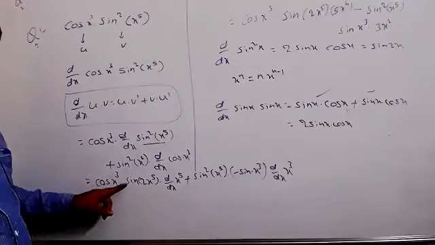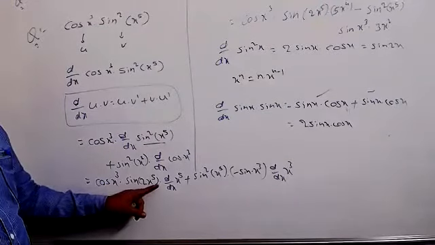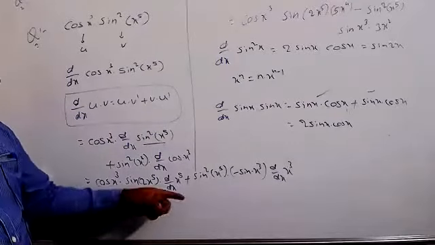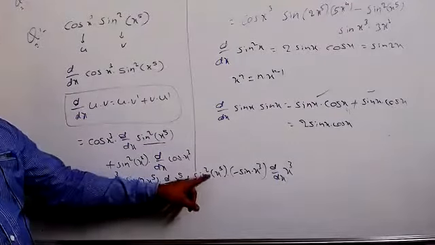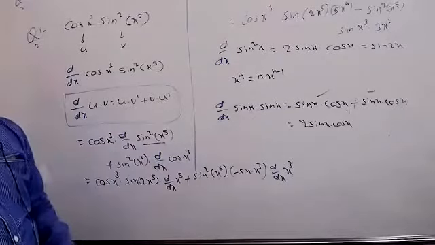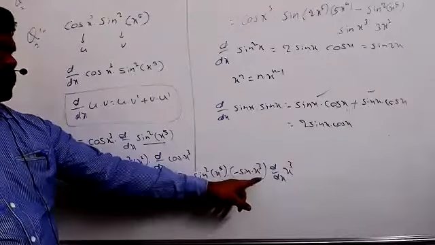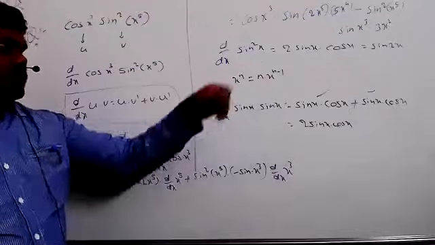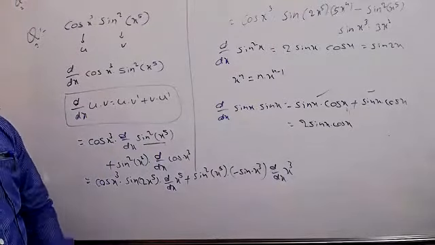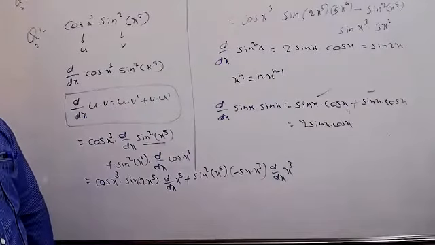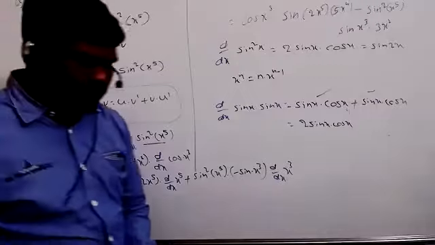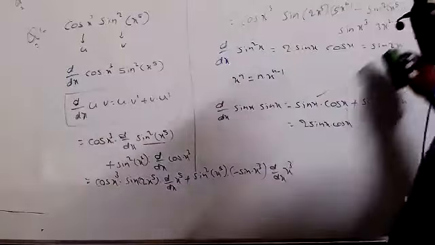So cos x cube into sin 2x power 5 into the differentiation of x power 5, which is 5x power 4, minus sin square x power 5 into, we get plus into minus, we will get minus, that's why I'm taking minus there now. Sin x cube into the differentiation of x cube, which equals 3x square. If you want to take anything common, you can take common, nothing happens, or else you can just stop the procedure. Okay, anything you can do, no problem.